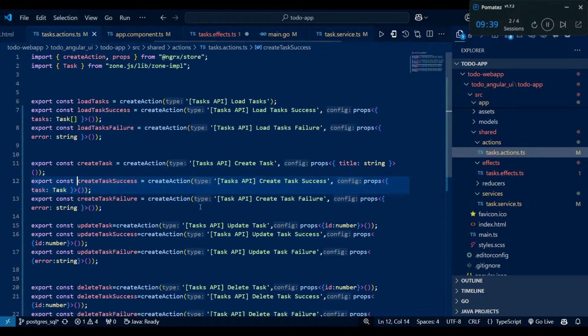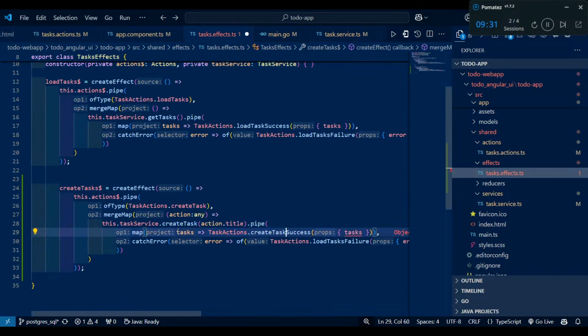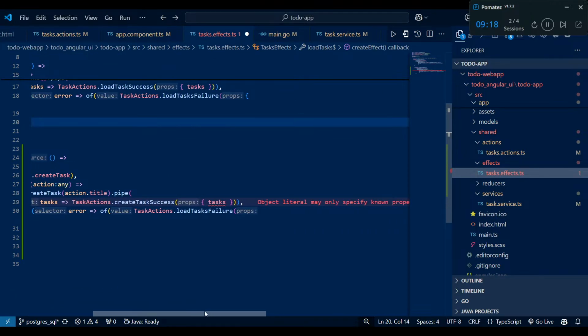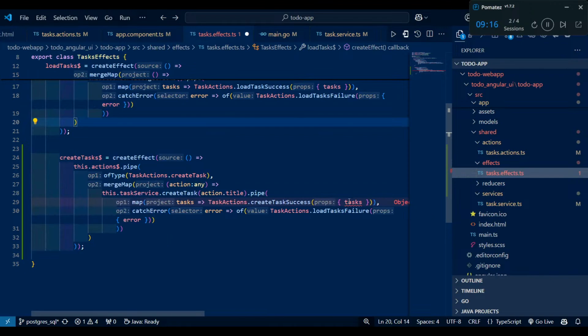So this is wrong. Create task success. We will pass the task. Okay. And here, create task success. Okay. Then afterwards